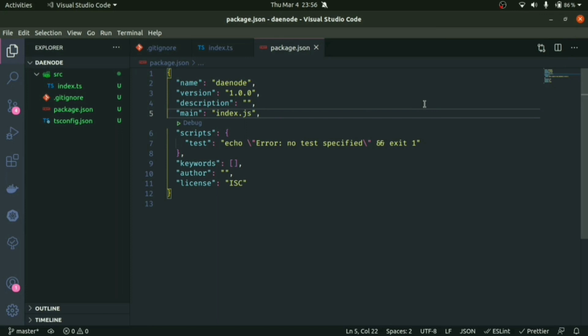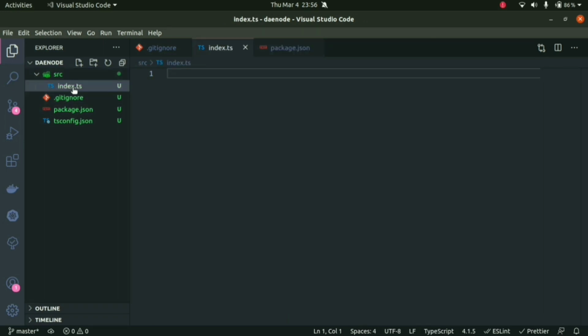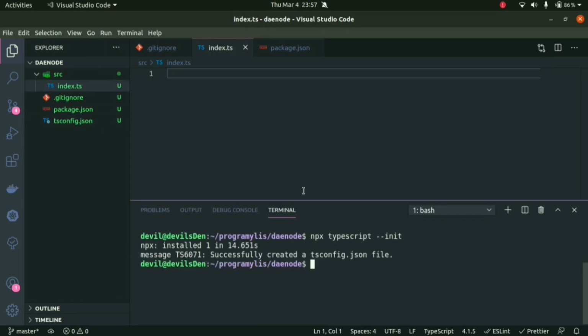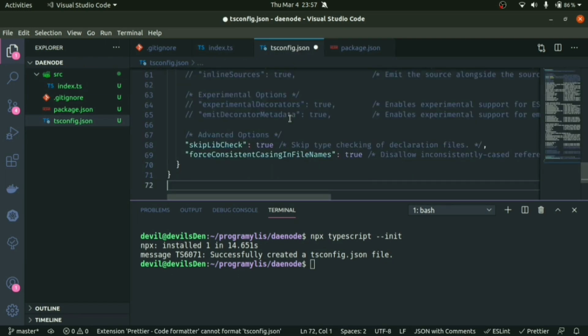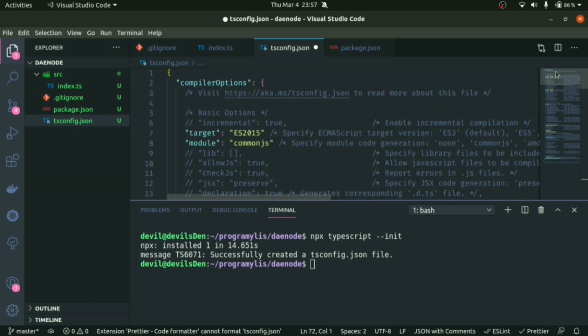So for the folder structure, you can see I've created a basic npm project using npm init -y and a git project using git init, and I've created a base empty index.ts file under the src folder. For the tsconfig.json file, you can run npx tsc --init, and it will create a basic tsconfig file for us, which is the config options for our TypeScript compiler.